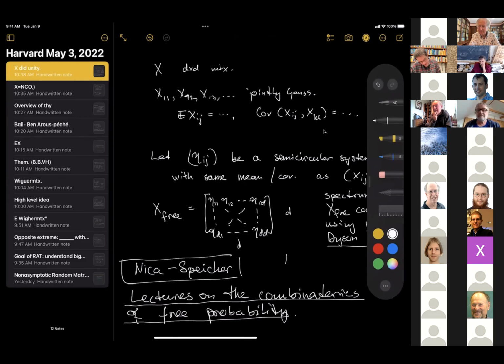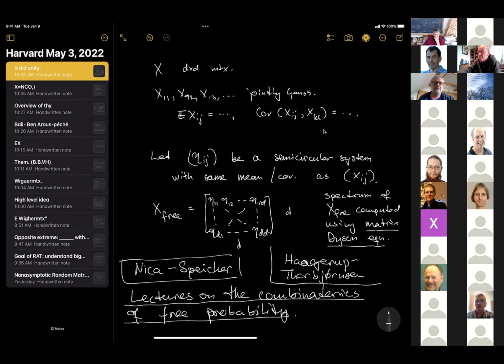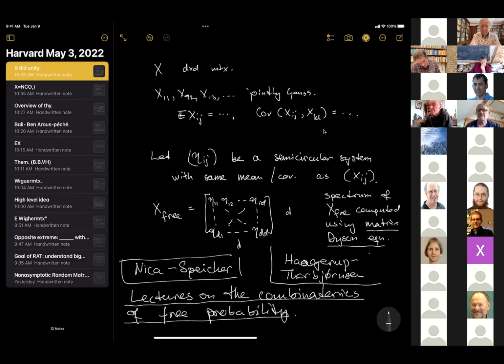And there is the famous paper of Haagerup and Thorbjørnsen. I don't remember the title of it, but it has some title that you wouldn't recognize. It's called A New Application of Random Matrices: Ext of something is not a group, or something like this. I don't remember exactly what it is. It's in the Annals of Math, 2005, I think. This paper played a hugely important role in that paper.